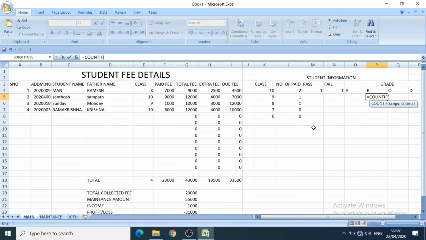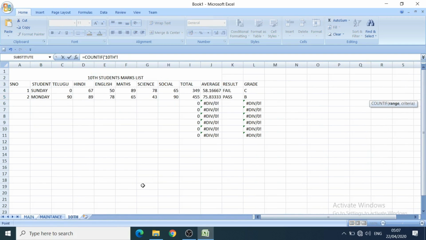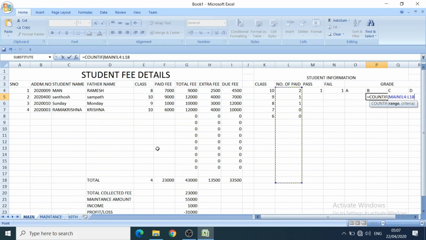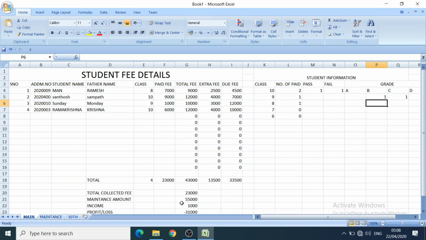Here we have to take the range, and here it is B. Now it is not main, we have to take 10th. One person will be there.